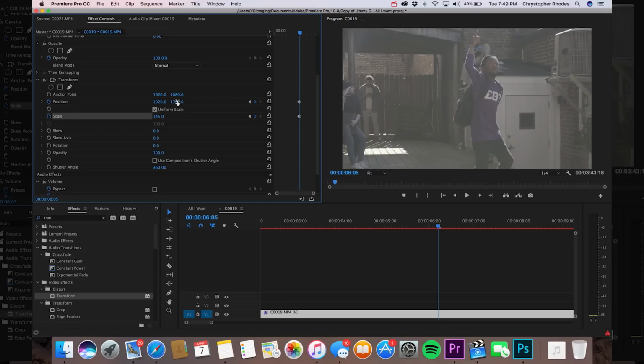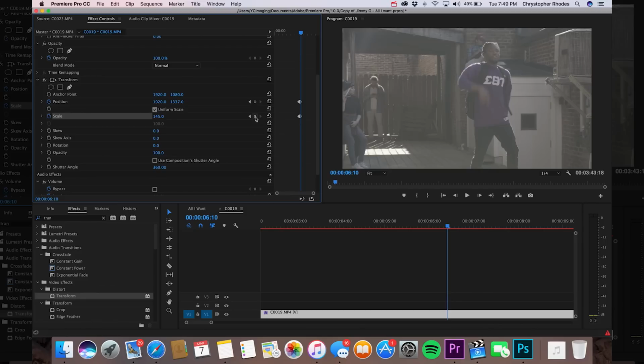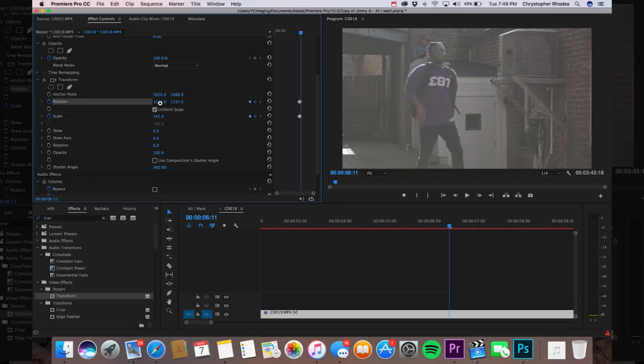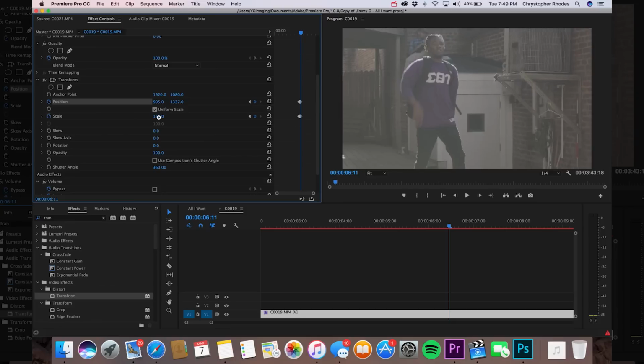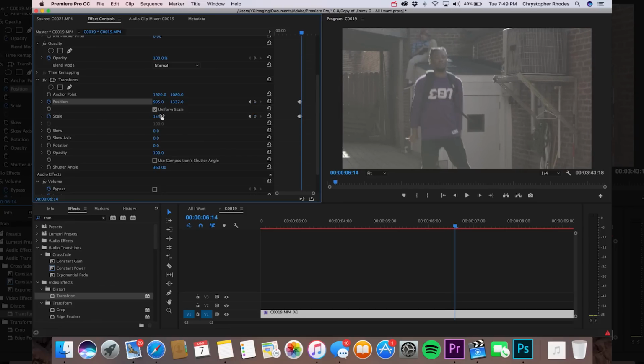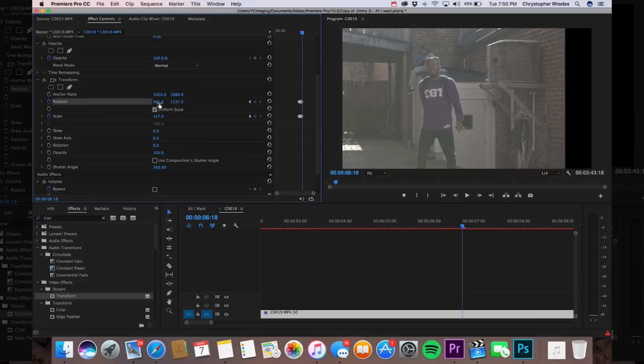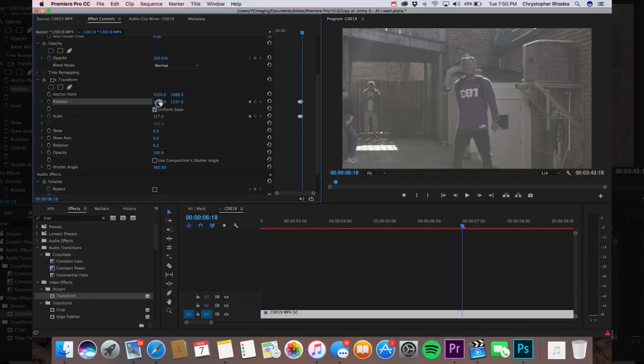Cool. Then we're gonna go over 3 more frames, 1, 2, 3. On this keyframe that we're adding, we're not gonna do anything to it, just leave that as is. And we're gonna go over another 3 frames, 1, 2, 3. Add another keyframe right there as well. On this one, we're gonna adjust the crop just a bit. So I'm just gonna move this over to the left, maybe scale it up even more. Then we're gonna go over 3 more frames, and the keyframes in between are basically just you leaving them alone. Then we're gonna go over 3 more frames, add in another keyframe, and we are going to adjust this a different way as well. You'll see what I'm doing in a second, so you can really gauge what you want to do to your footage.